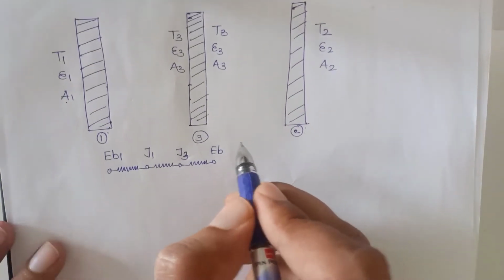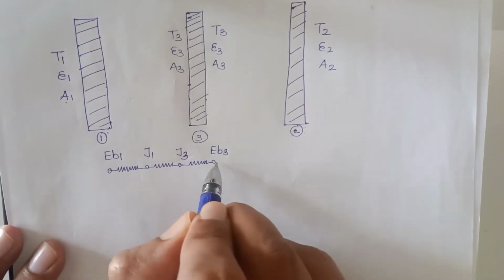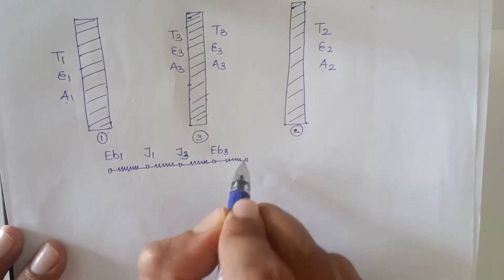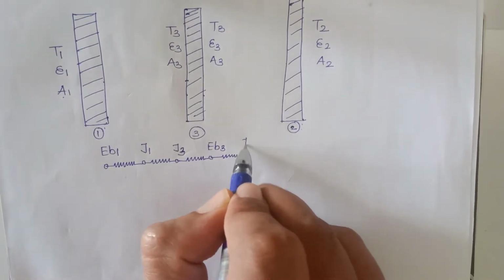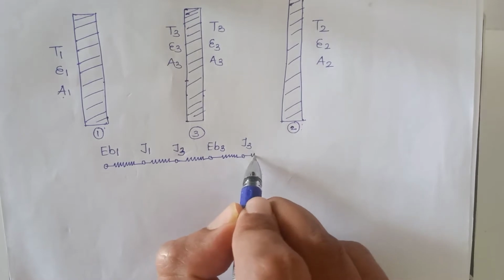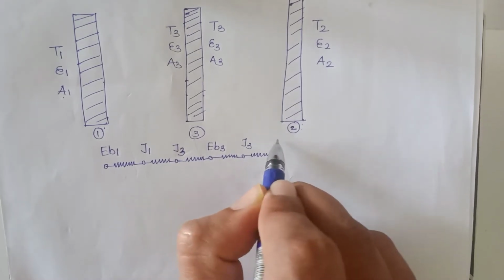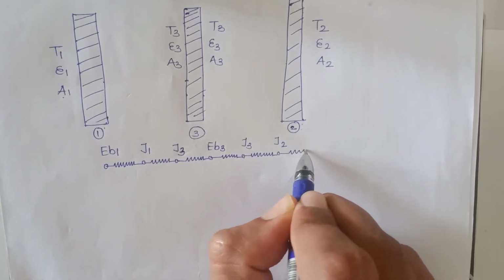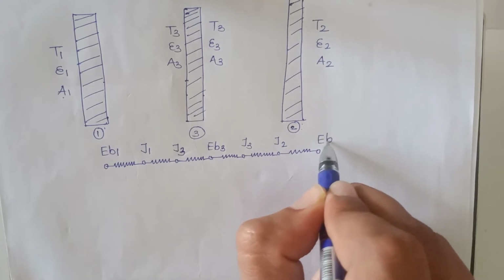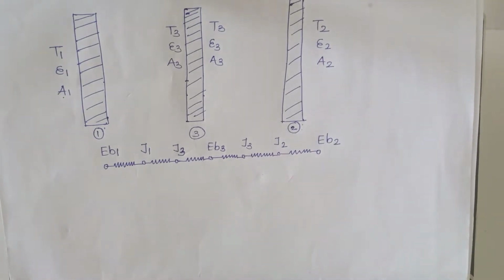Then black body emissive power of this third surface, then its radiosity, which is when it is facing surface 2, and between radiosity J3 and radiosity J2 there will be again one resistance, and then between this radiosity and emissive power of the second surface there will be one more resistance. So firstly we will identify the nature of the resistance, then we will write down its formula, then we will parameterize that formula, substituting the suitable parameters.